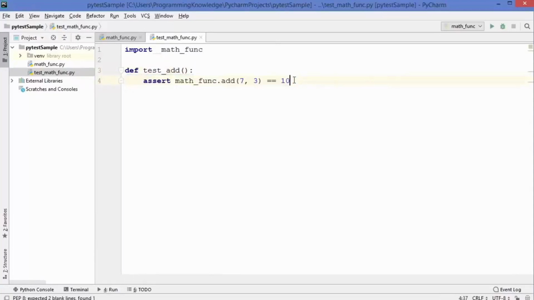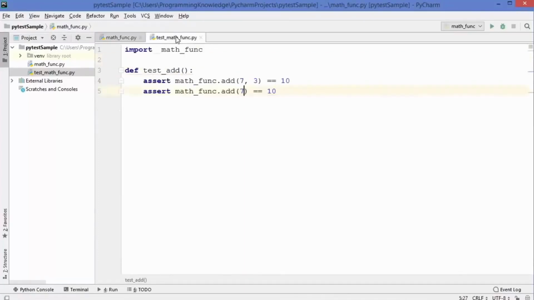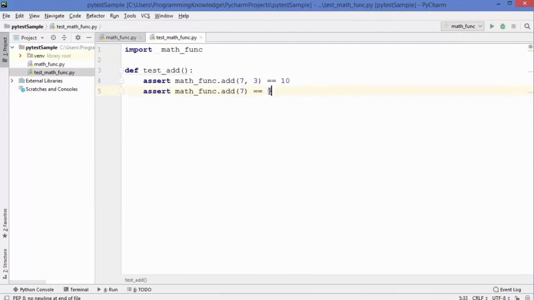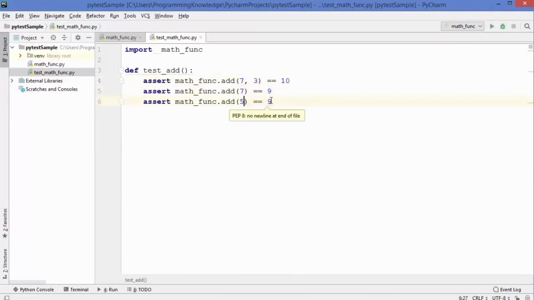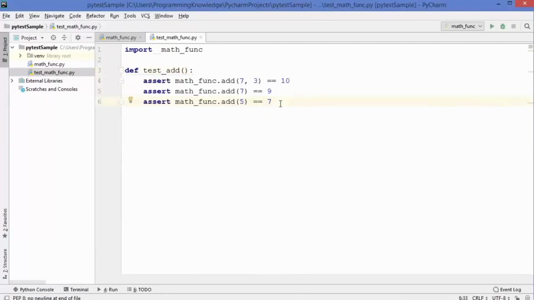You can also provide multiple asserts here. So let's say I just want to provide, for example, 7 here. You can see that y is equal to 2 is the default value of y. So here in the assert, I can only give one argument, and the value of second argument, which is y, will be taken from the default value, which is 2. So 7 plus 2 is 9. So we can just say whenever you provide 7 here, it's going to give us 9. Once again, whenever you provide 5 here, it's going to give us 7. So in this way, you can provide multiple asserts inside your function, whatever you think will come as an expected